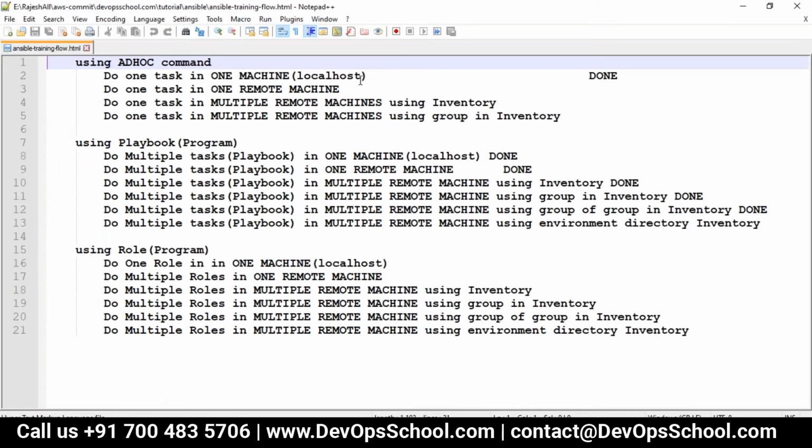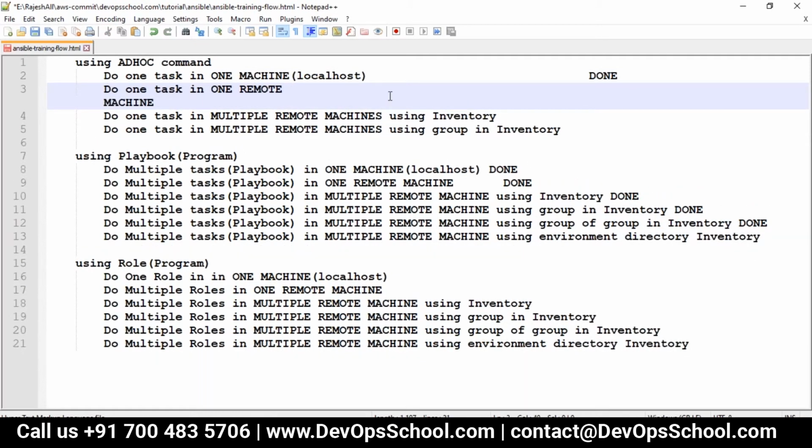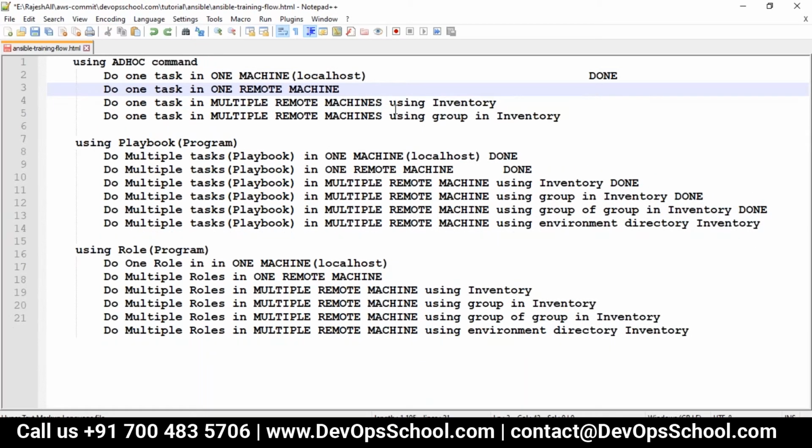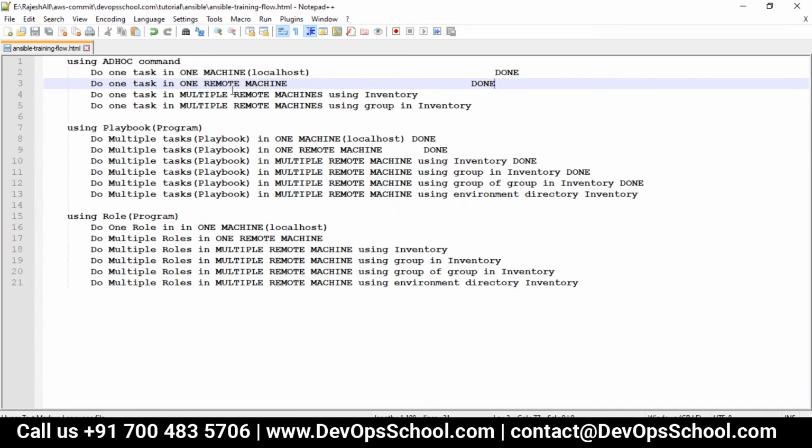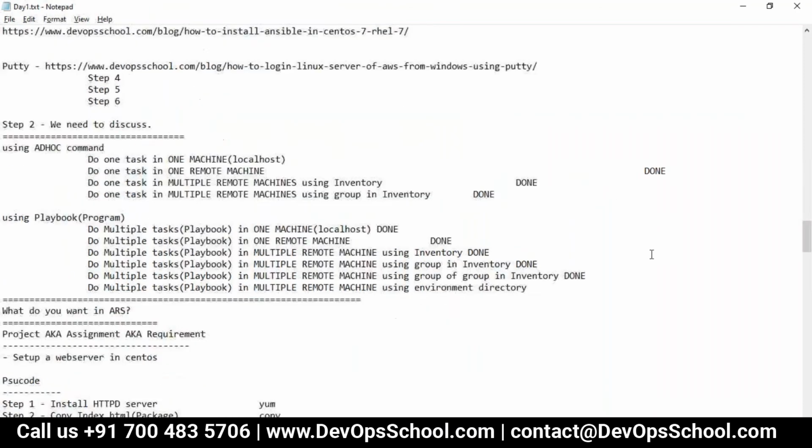So here, this is done. This is also done. Now the third point which I am going to teach you is these two things, inventory and groups in the inventory. So guys, let's check it out.